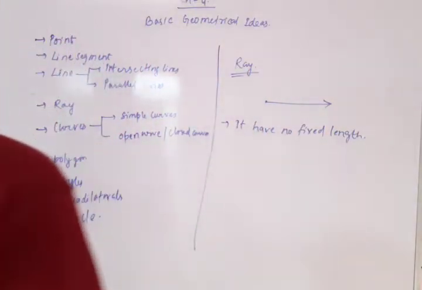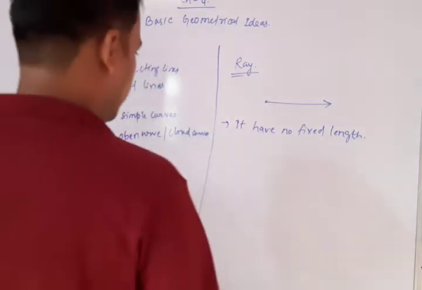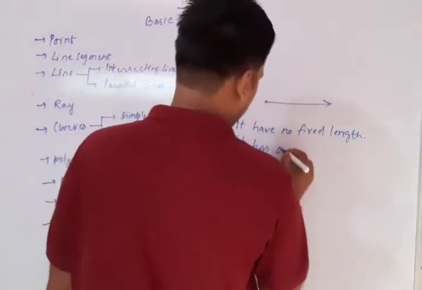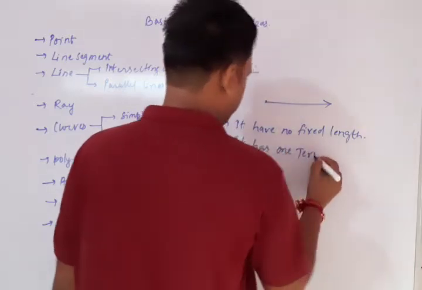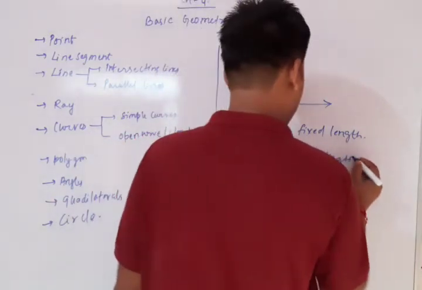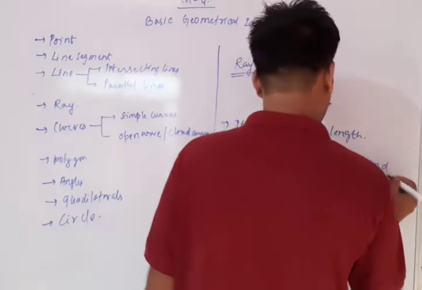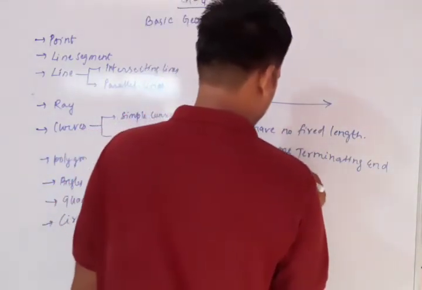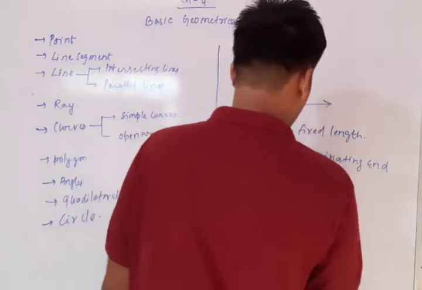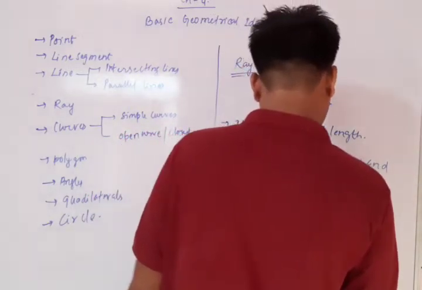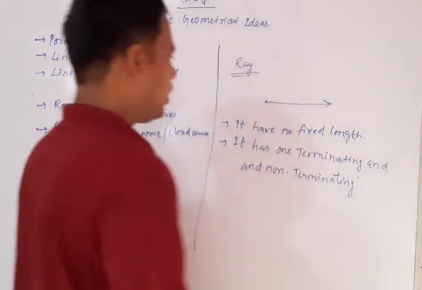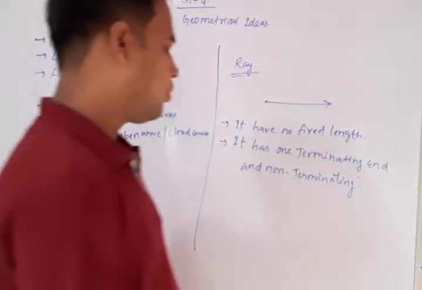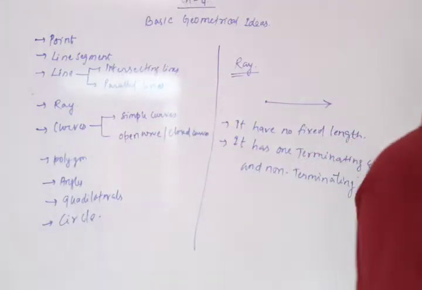Understood? And next thing, it has one terminating end and one non-terminating end. It has no fixed length. It has one terminating end and one non-terminating end. So till now we have discussed point,